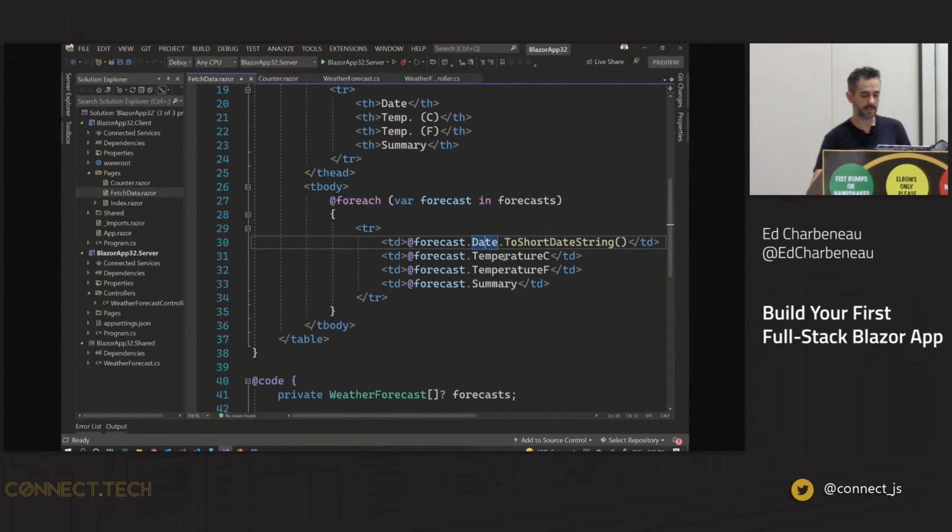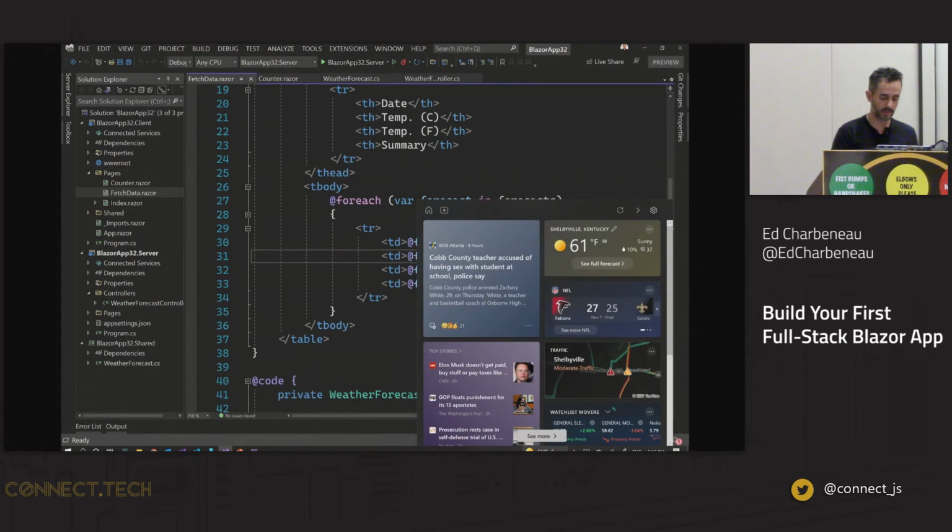So if you've ever done .NET development, especially within Visual Studio,